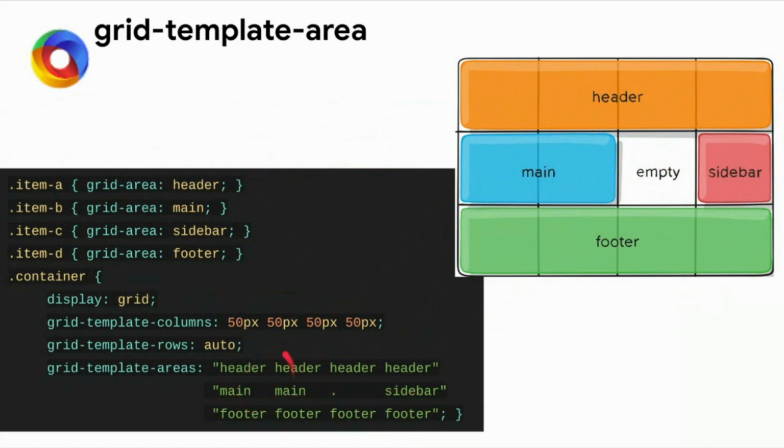But there is a property of contiguity here. If all are sideways, it will work. So if I put header all 4 here, and if I put header at the last, at the footer, the last one may not work. It will be created like something else, it will not work accordingly. So it is expected that whenever you put grid template areas, all should be sideways or above and below each other. It shouldn't be out of the box somewhere else, so it may not work. We have to just create a rectangle with the grid template areas. So that's it till grid template areas, the original one.